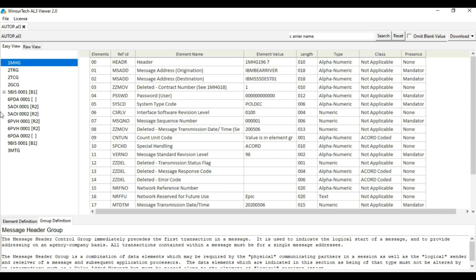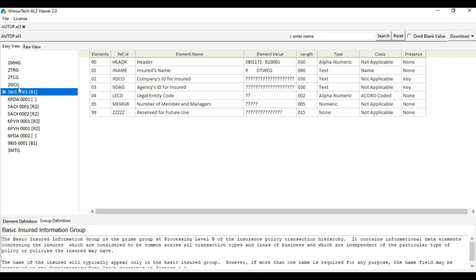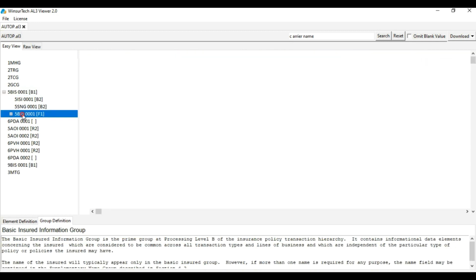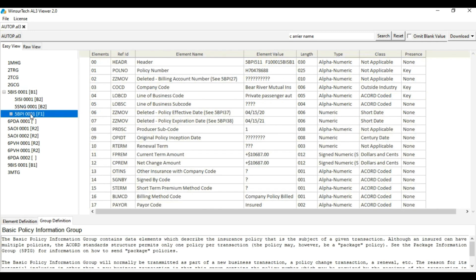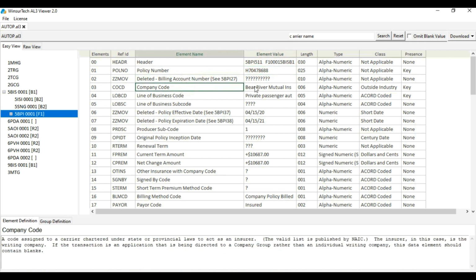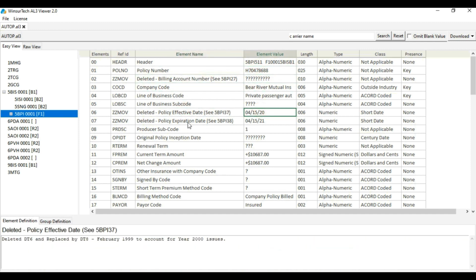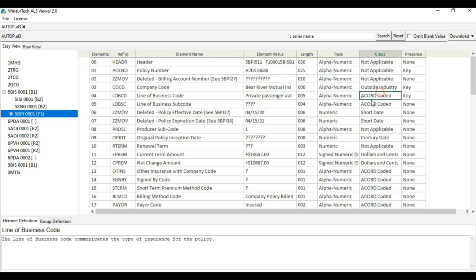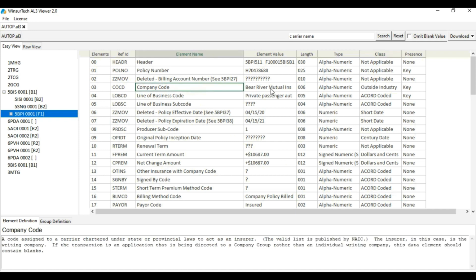Here in the easy view, you can see the basic insured information group where you will find the insured's name. Next, you can see the basic policy information group where we will find the policy number, company code, policy effective date, and policy expiration date. As you can see, the full carrier name is shown here in the easy view. Basically, you see the full description of coded values